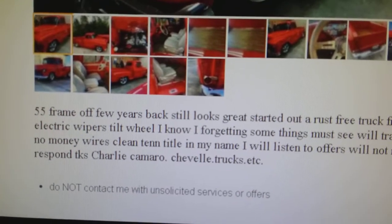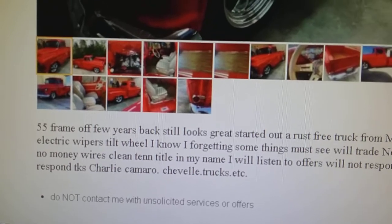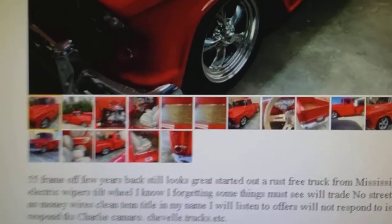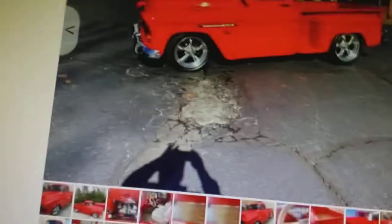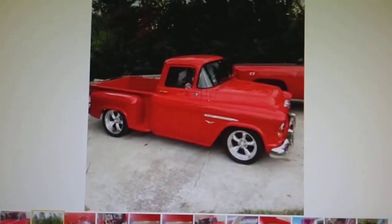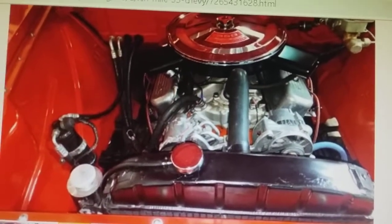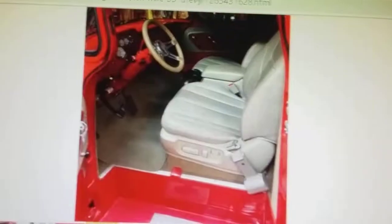And his name is Charlie. So if you're interested in this, go to Knoxville Craigslist, type in 1955, you'll see this truck. I'll just hit a couple of pictures real quick, just kind of go over them with you. It's a beautiful truck. I've seen this truck in person at the rod run. And like I said, when my wife and I went to the rod run this past fall,